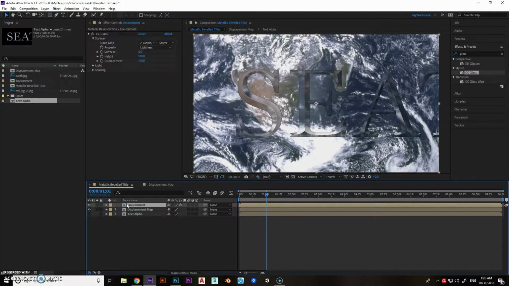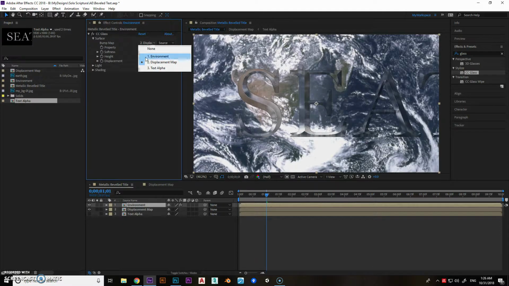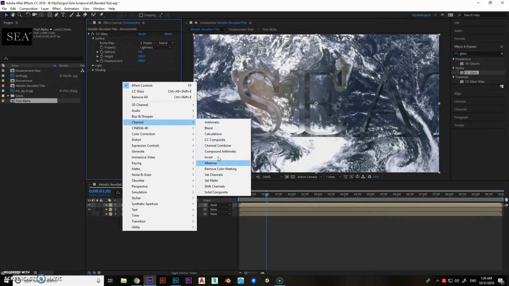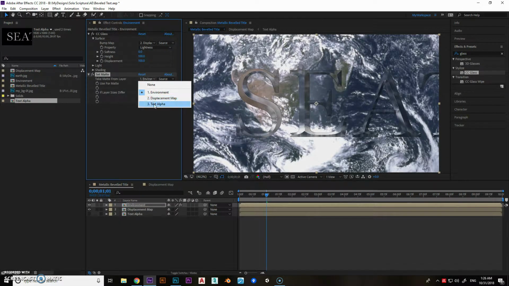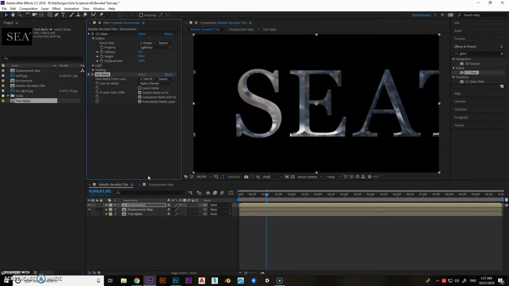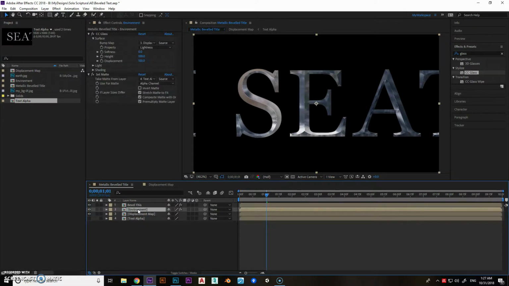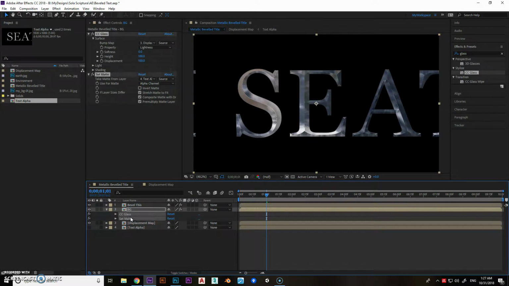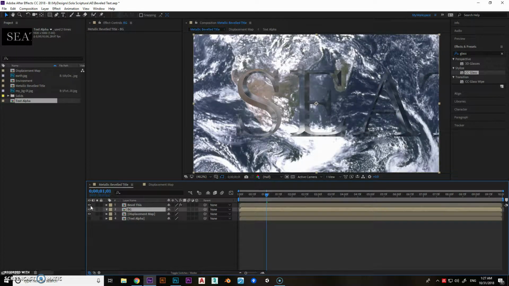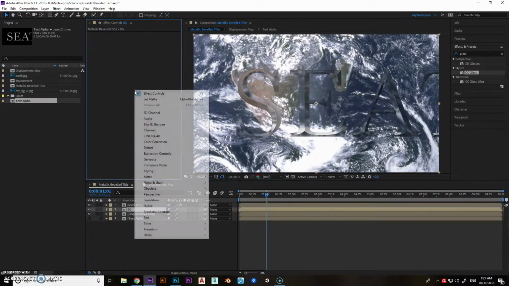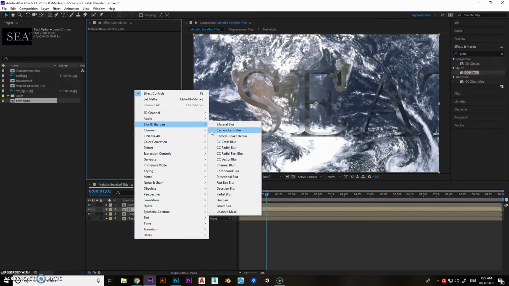And I'm going to use that text alpha in order to matte out my beveled text using a set matte effect to do that. The environment comp is just a container for some images, and one is using the glass effect. I'm going to give another instance to remove the glass effect in the set matte and add a compound blur,